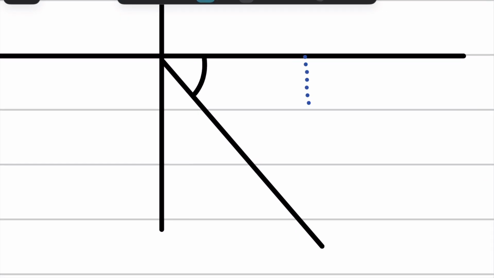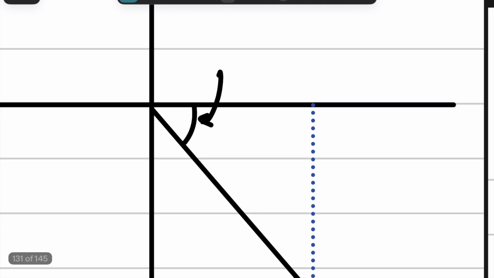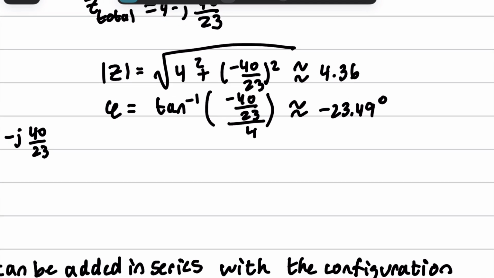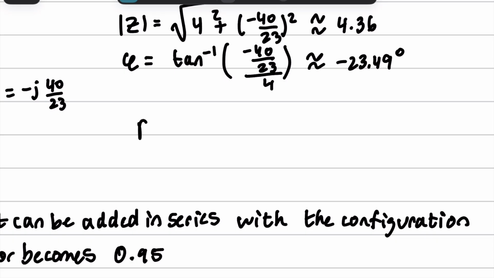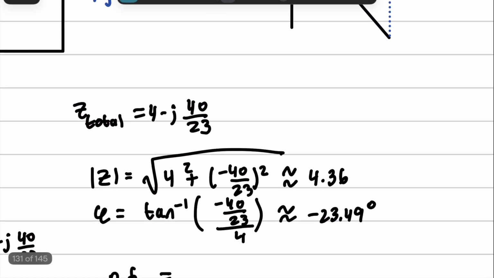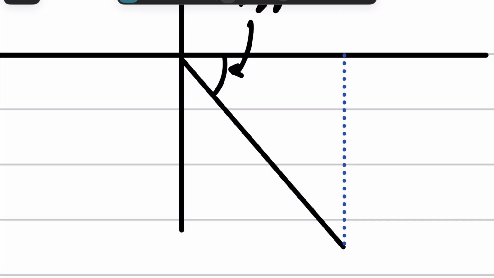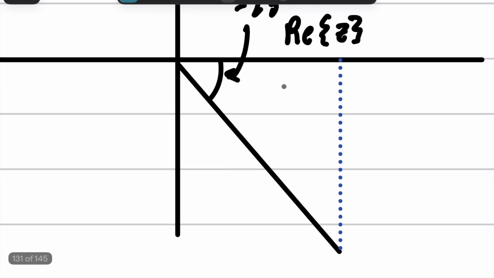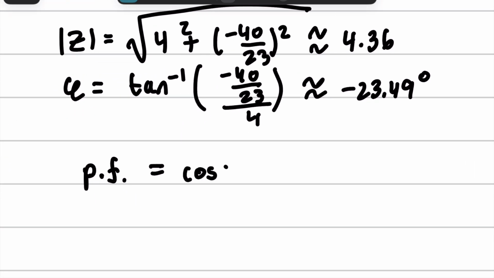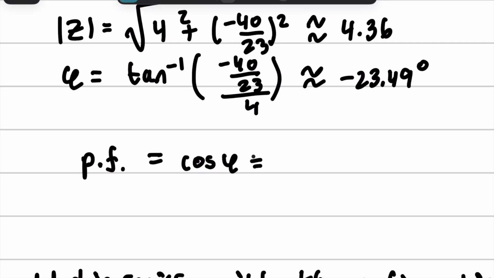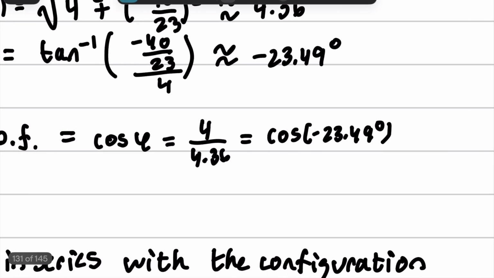So I'm going to do this in blue, like this. Then I'm going to label this angle as about negative 23 degrees. And then now we can plug in to find the power factor and the power. So the power factor, if we remember, is just going to be this real part over the magnitude, because it's the ratio, because it's just cosine phi. You can either do 4 over 4.36, or you can do cosine of negative 23.49 degrees, and it should all give you the same thing, which is